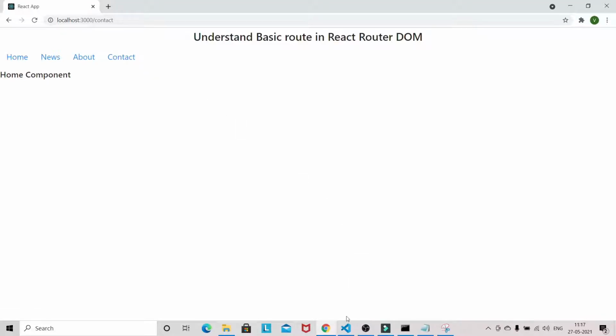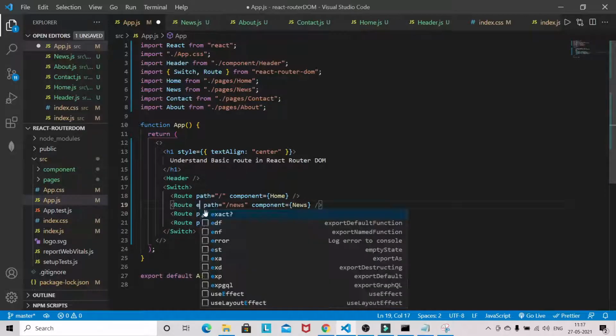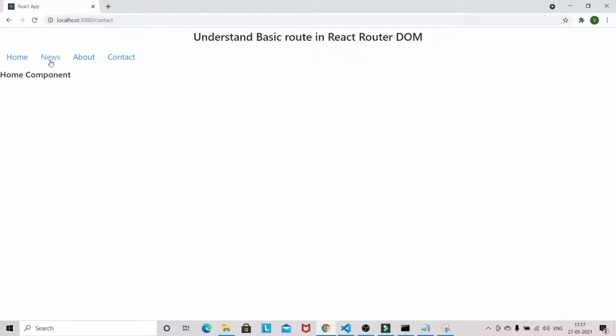So what could be the reason? The reason could be that here you have to pass exact. Let's see whether it works with exact.